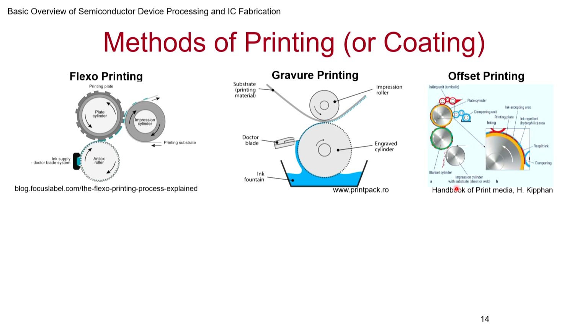So now, what ends up happening is newspaper printing often uses this. One advantage is the patterned drum is not actually touching the substrate. The ink is transferred to another drum and then it goes to the substrate. That's why it's called offset. Now, because that is done, the drums can last for a long time, and newspaper printing often uses that because you can print a large volume in one go.